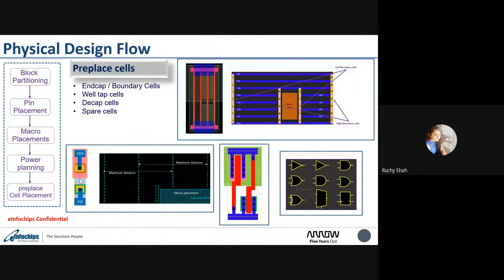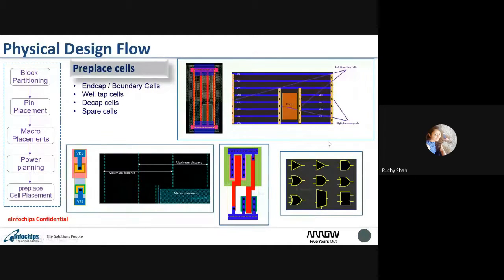Now the standard cell is tapless, so tapping is not there. So we need to put well tap cells separately at some particular distance. Here is the placement of well tap cells. You can see, in this way we place the well tap cells.